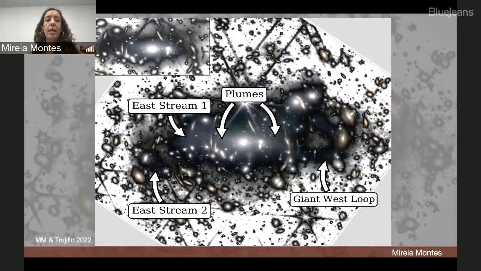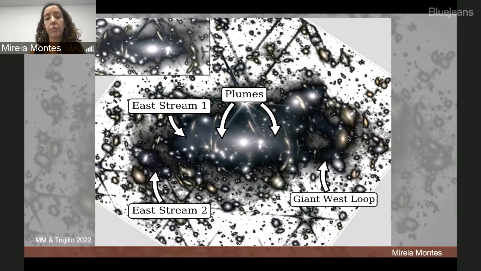So thanks to the infrared view and the resolution of JWST, we have seen an unprecedented view of the ICL of this cluster. As you can see here, we have been able to see all this structure, the plumes in the center, these tidal streams in the more outer parts of the cluster, that we haven't been able to see before. So to explore the intracluster light, we had to do some image processing in order to take full advantage of the images,